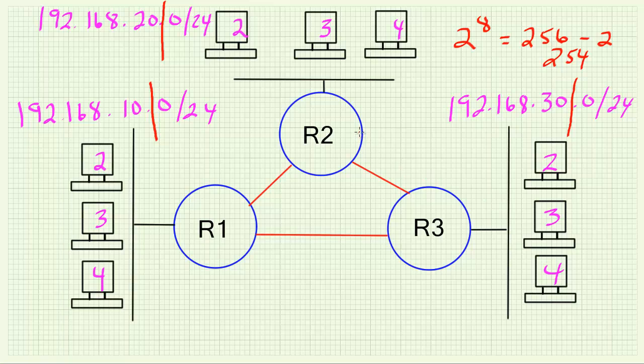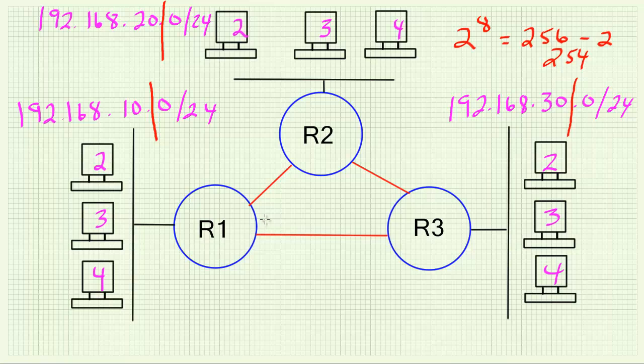So using the addressing scheme that we have, do you see how inefficient that is, that we've used up an entire chunk of our IP address space here that could accommodate 254 hosts? We've allocated that to this one location that we know will never have more than 20 or 30 hosts in it. And the same thing for these other locations. All 3 of these locations, we will assume, because of our knowledge of the organization, that we would never have more than 20 or 30 host IP addresses at each of these locations. So there's no point to allocate IP address space that would give us 254 IP addresses when we only need